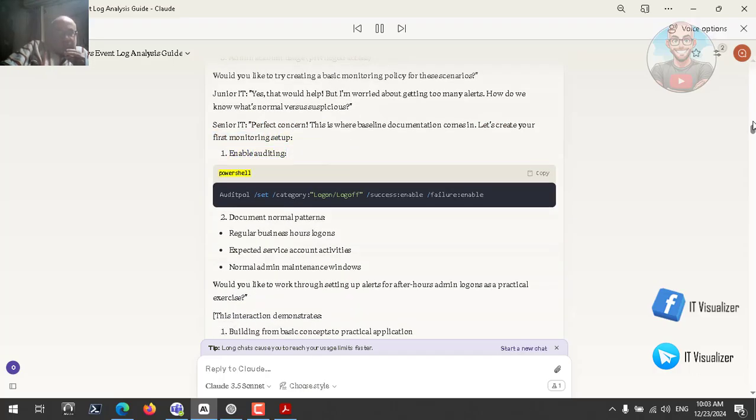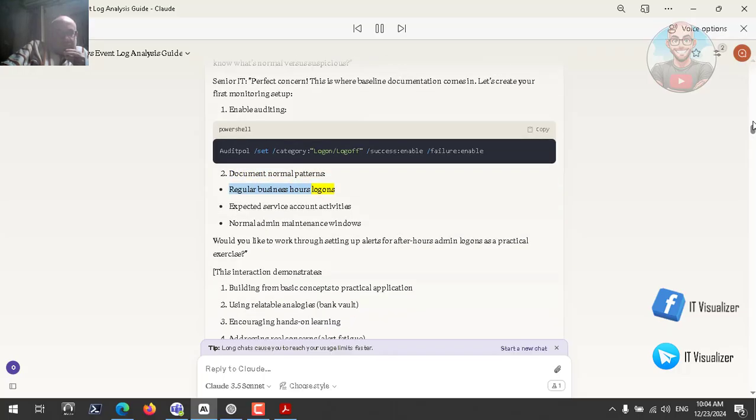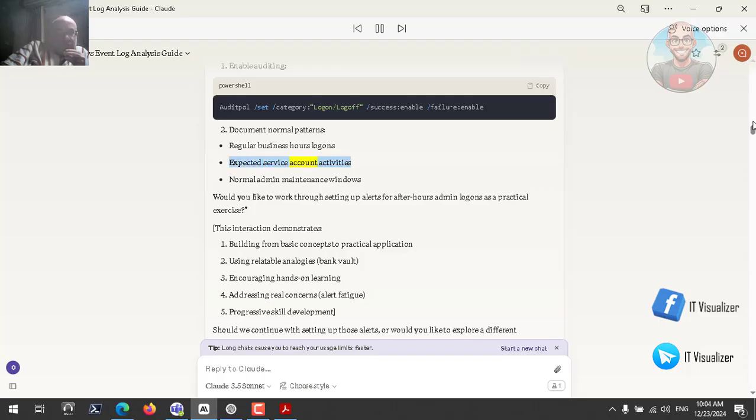Enable auditing. PowerShell: auditpol /set /category: Logon/Logoff /success:enable /failure:enable. Document normal patterns: regular business hours logons, expected service account activities, normal admin maintenance windows. Would you like to work through setting up alerts for after-hours admin logons as a practical